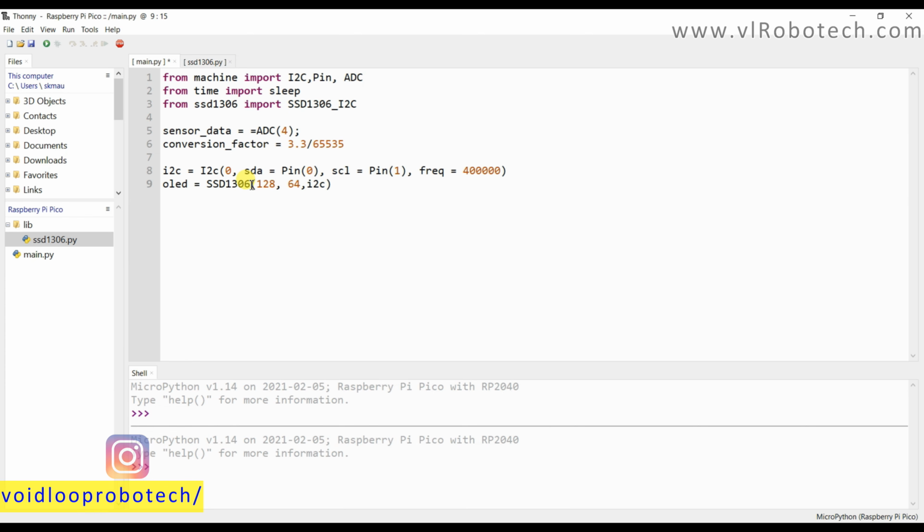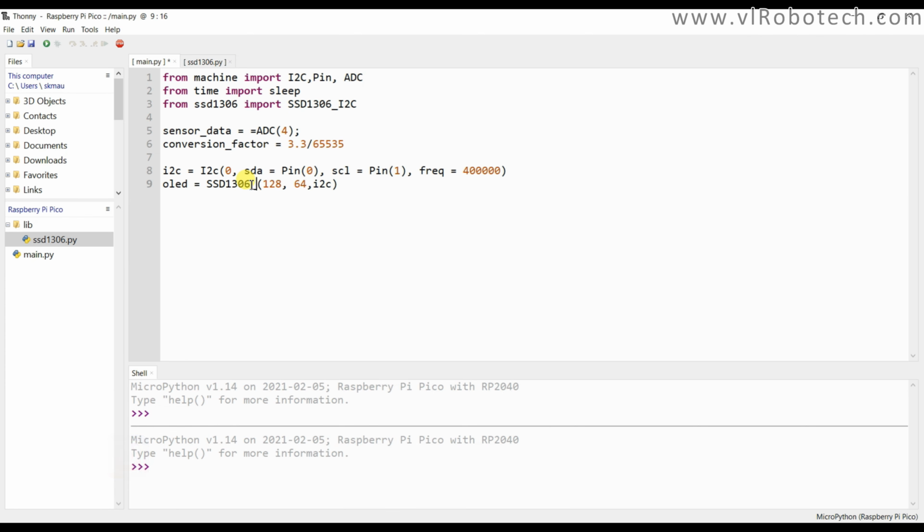Here it will be underscore I2C. Now we will use a while loop. So while True.